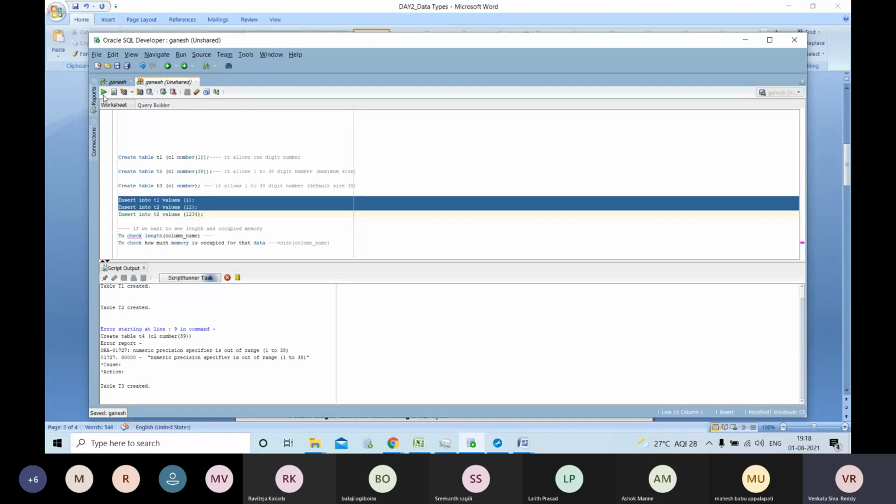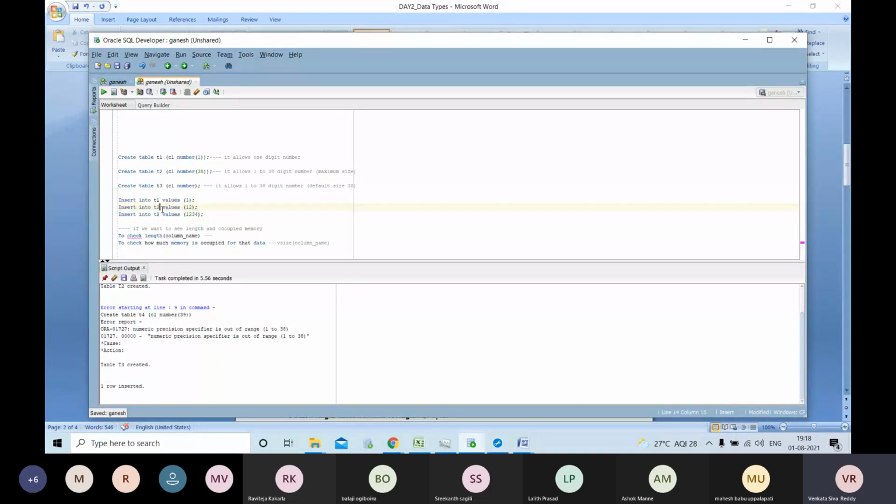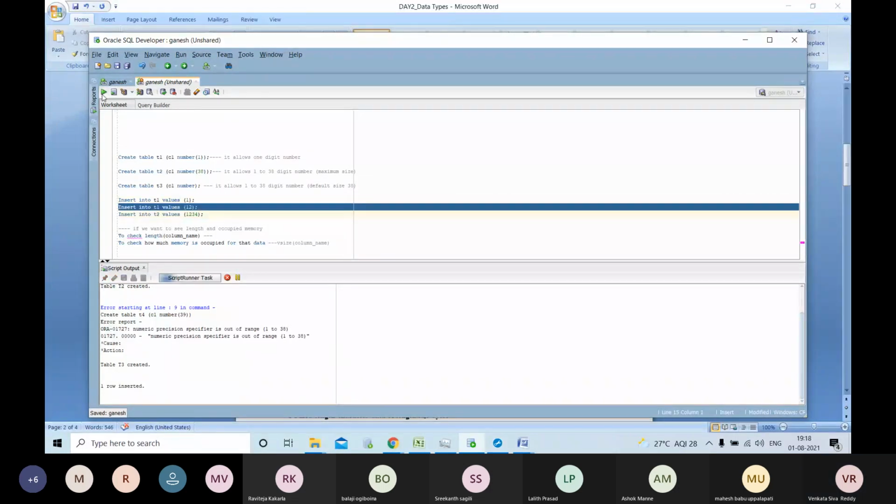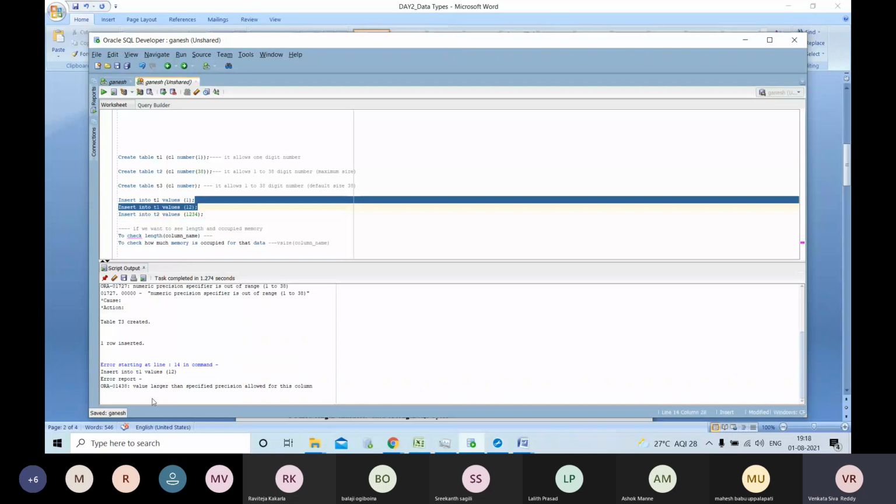Now it is inserted, and I try to insert something other than 1. I mean, 0 to 9 it allows. I'm trying to insert 2 digits, 12. So: value larger than the specified precision allowed for this column.